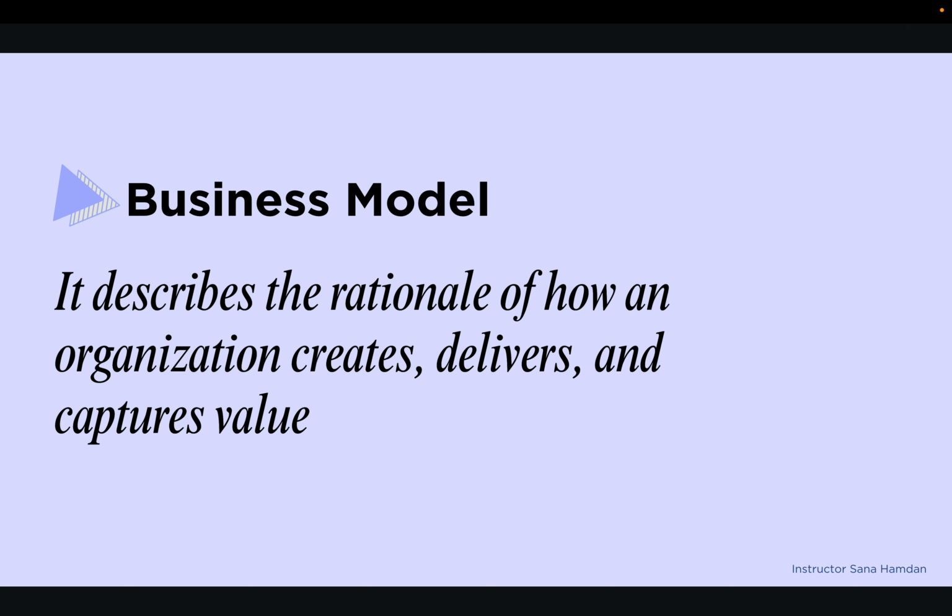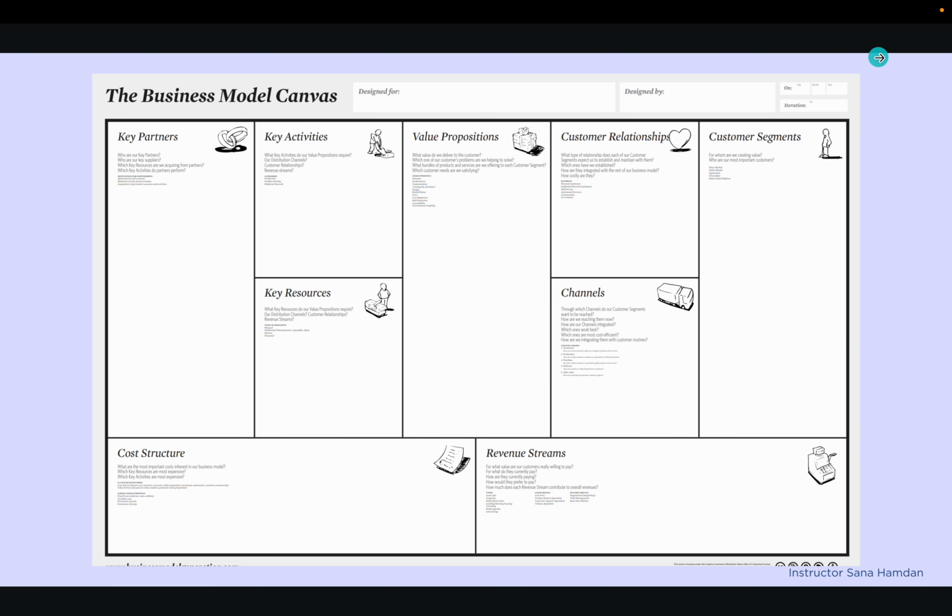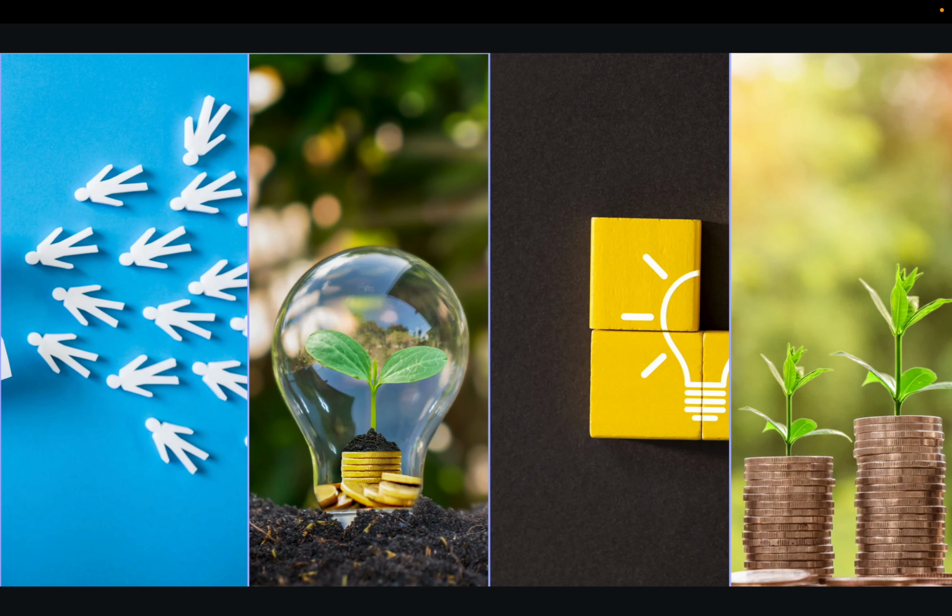Number one, it describes the rationale of how does an organization create value, deliver value, and then capture value. So what do I even mean by this? Because these are kind of generic terms, right? So this is a business model canvas. It's a tool that's commonly used by entrepreneurs to show their whole business across these pillars. So there are 9 components. These 9 components, we could say, make up the whole of the business. These 9 components are,